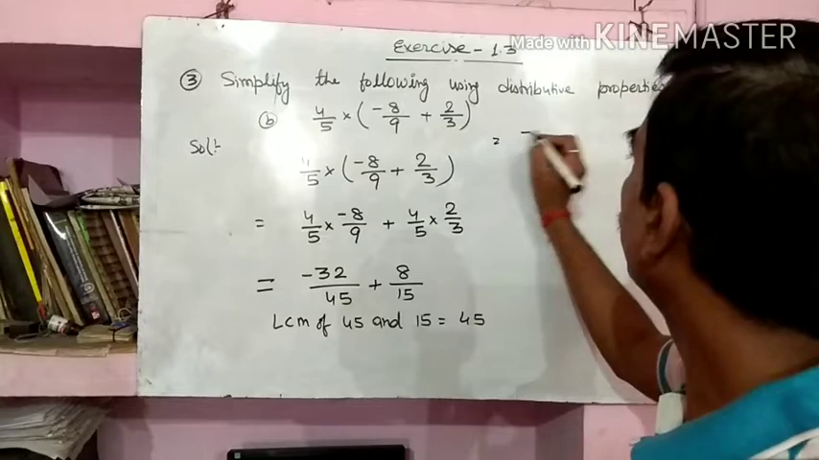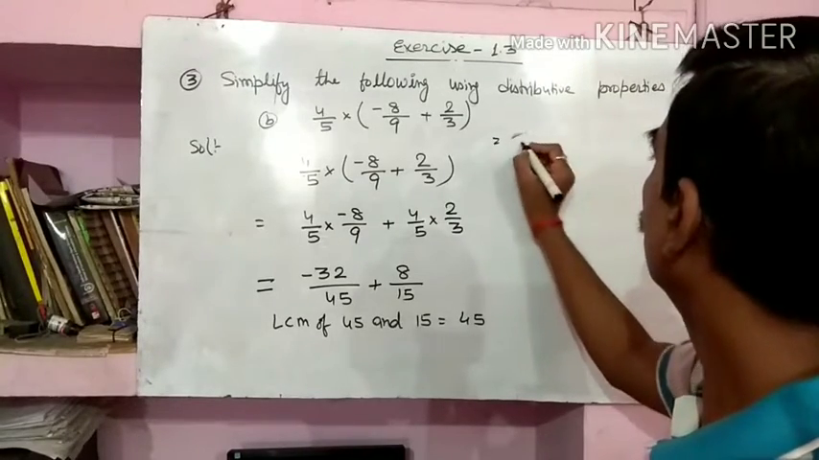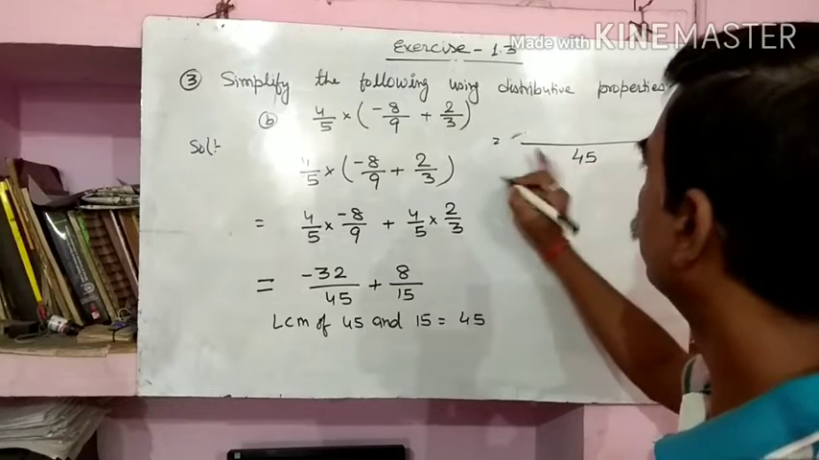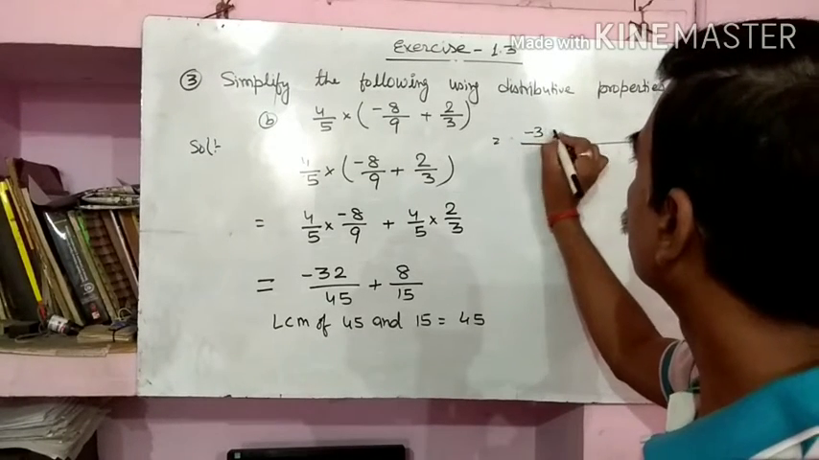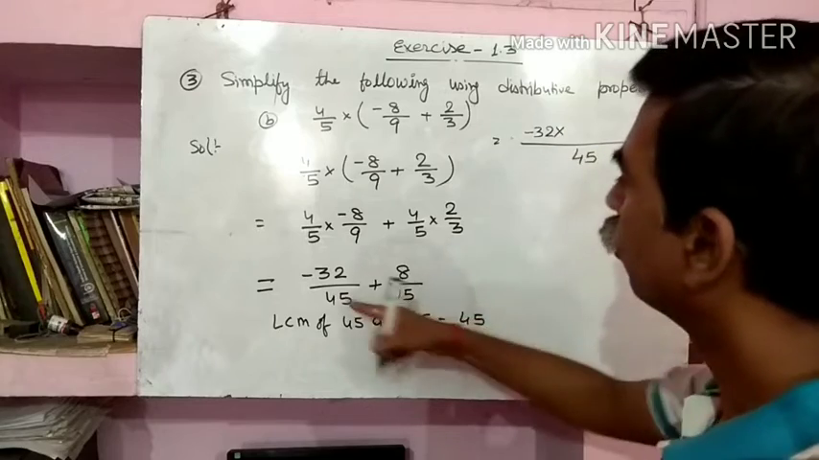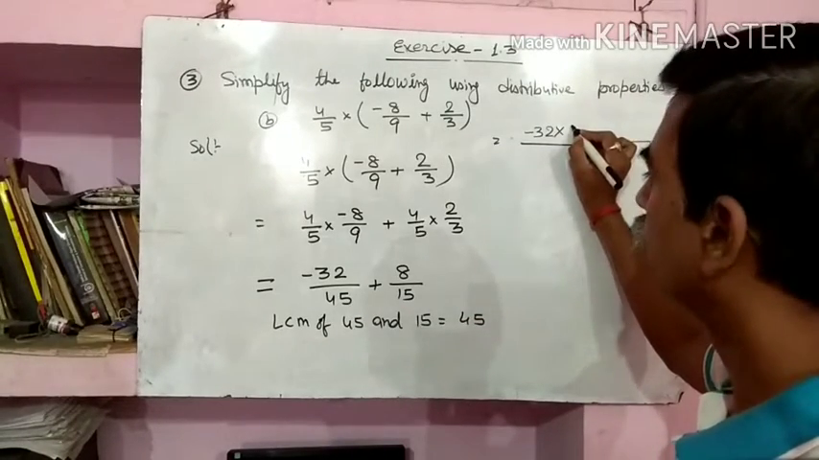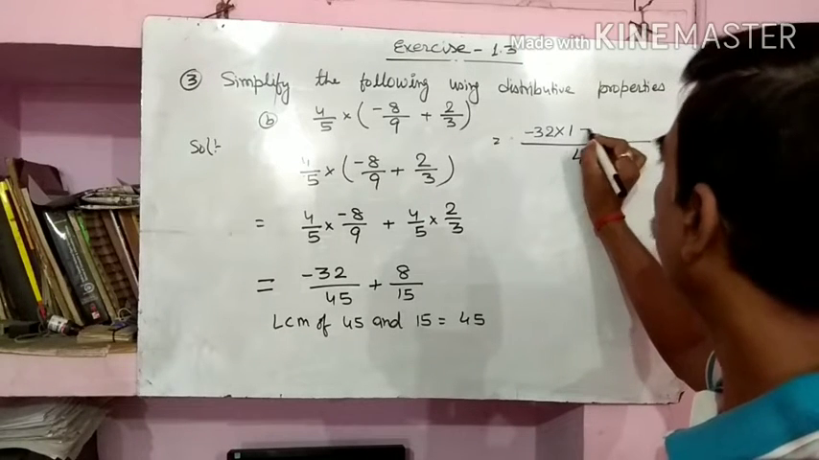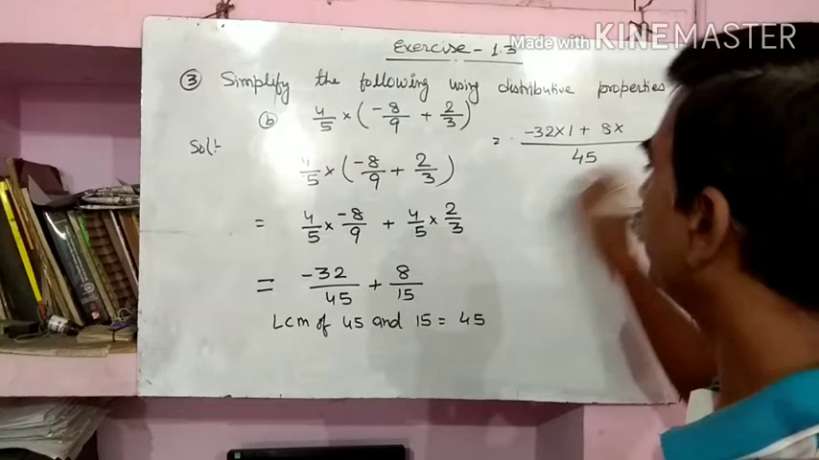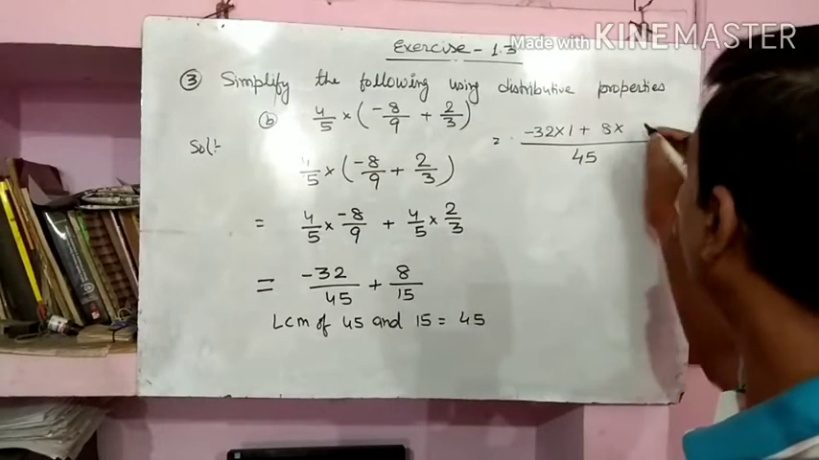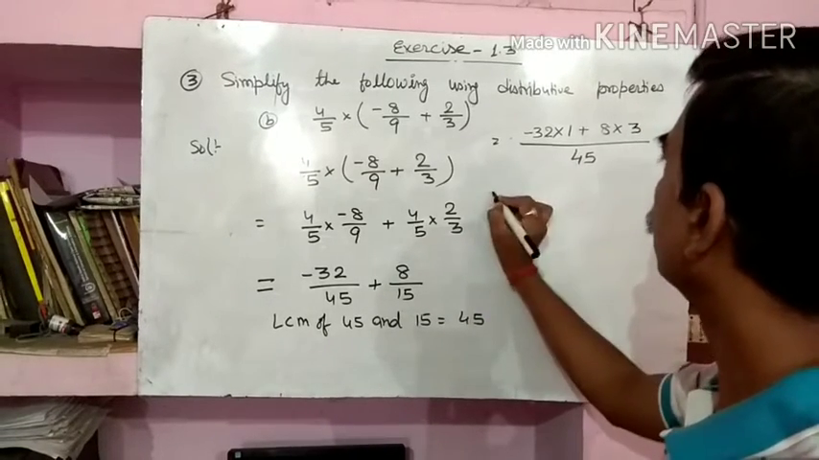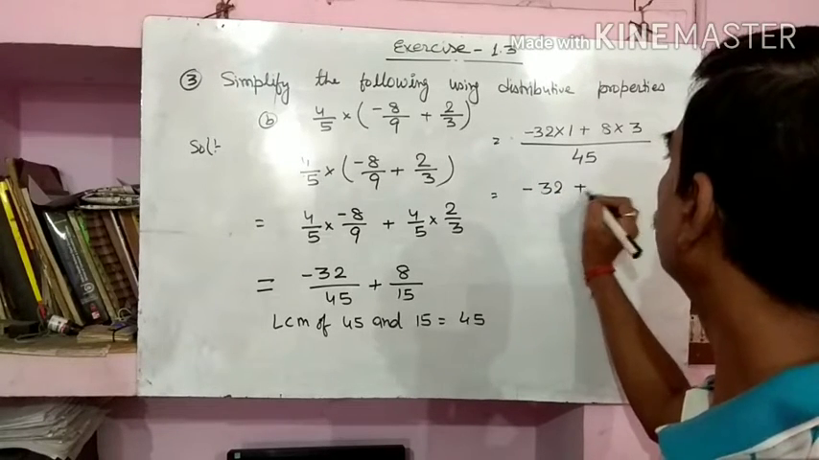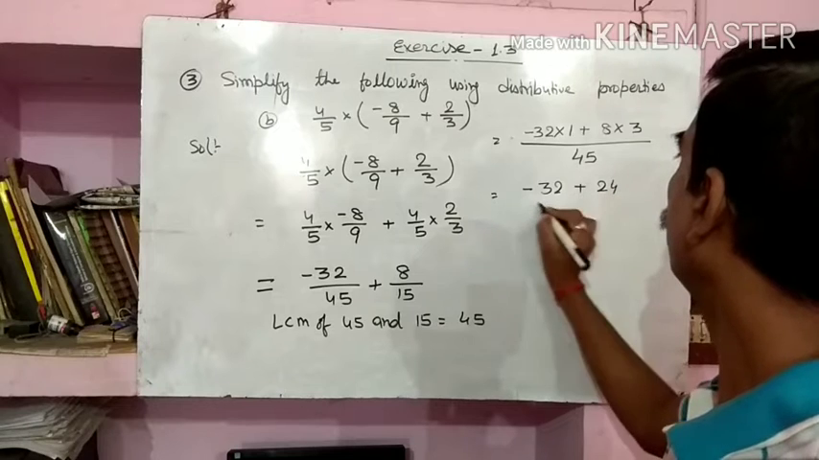So the common LCM of these two terms is 45. So first one is minus 32 into 1, 41 ones are 41. 45 ones are 45. So into 1 plus 8 into 15, 3 threes are 45. So it is going to multiply by 3. So what you will get? Minus 32 plus